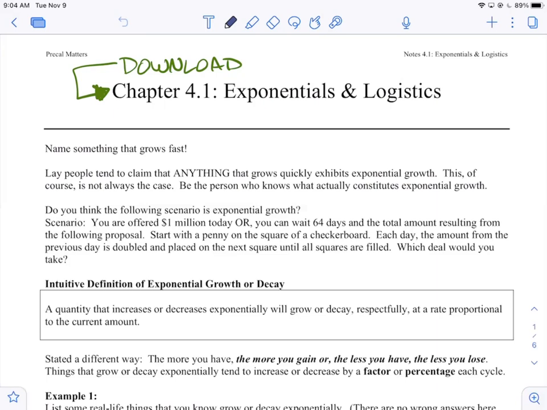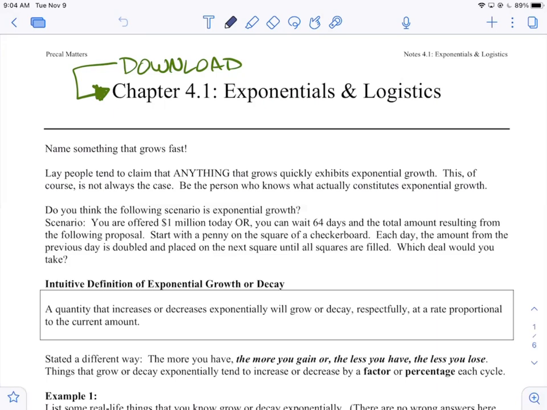Yeah, $1 million sounds like a lot of money, but you start with a penny. On day 1, you have 1 cent, 1 penny. On day 2, you have 2 cents. And then you have 4, and then 3 total. See, you get to keep the pennies from the other day.